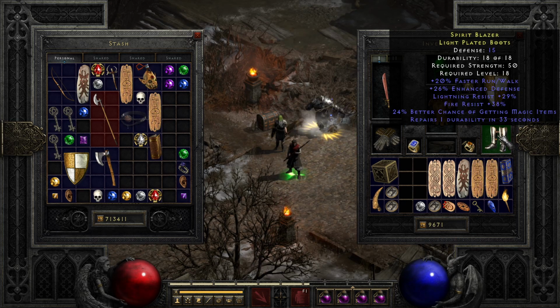I got these nice rare boots here. I probably overpaid for them. I paid a Lo rune for them, but I think they're pretty nice. They have a faster run walk. They have the two most important resistances in lightning and fire, and a ton of fire resistance on it also. And it also has quite a bit of magic find on there, 24% magic find. And these are level 18 requirement boots, so they're also really nice boots to throw on a new character to